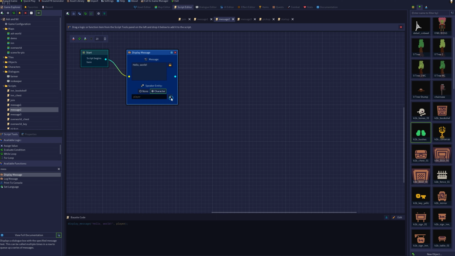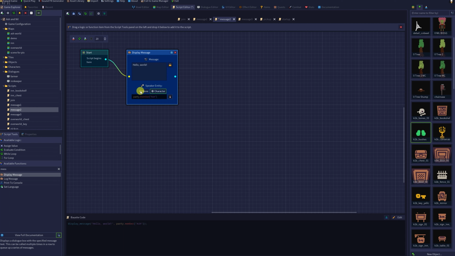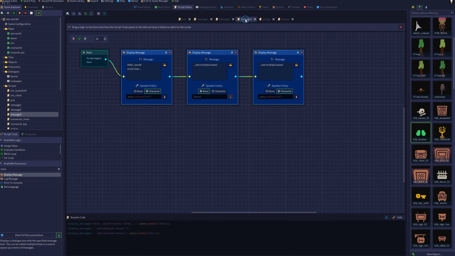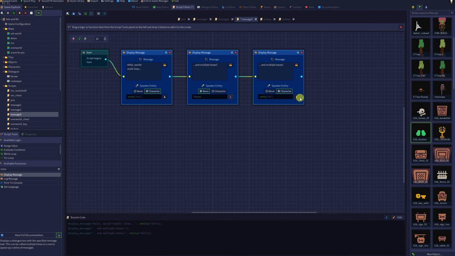So I do have the character, and it still says player. I would like it to say party member Ash. Thought I saved that. Oh, but it defaulted when I switched back and forth between them. Message 3, we're doing character Ash, none, then character nil. That's not working as intended. Let's try entity by ID and see if that does what I want,